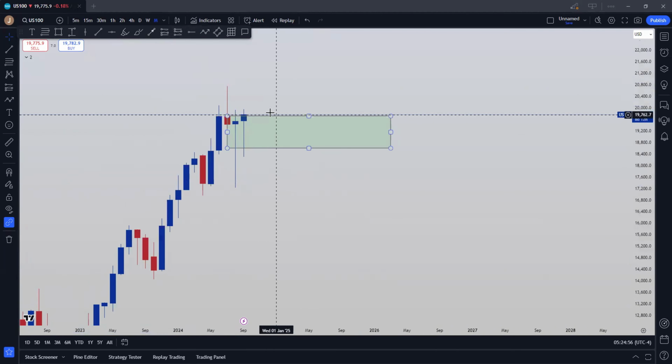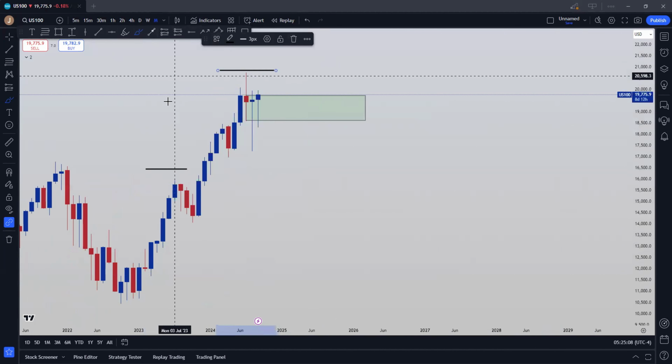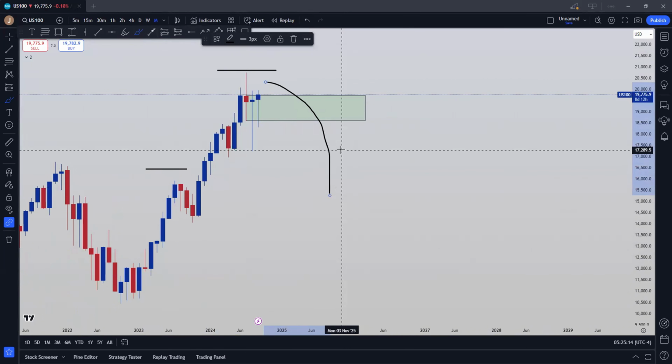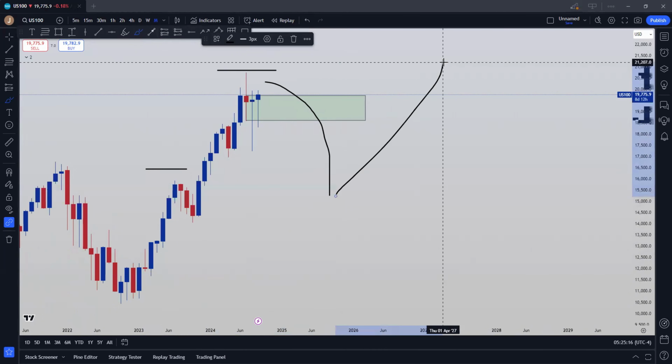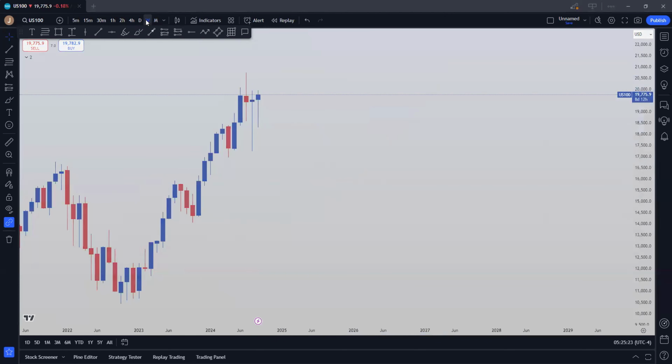Ultimately we are changing market structure from this bull market to a bear market, simply because we can see that we are still in higher high territory. After price creates a higher high, what do you expect price to do? You are expecting price to push back towards the downside to potentially create a higher low for a further continuation move back towards the upside, right? So that is just something you need to take into consideration as well.